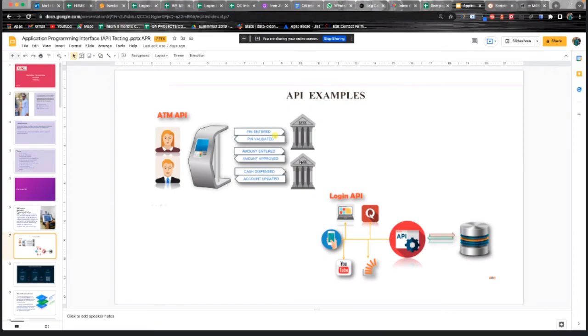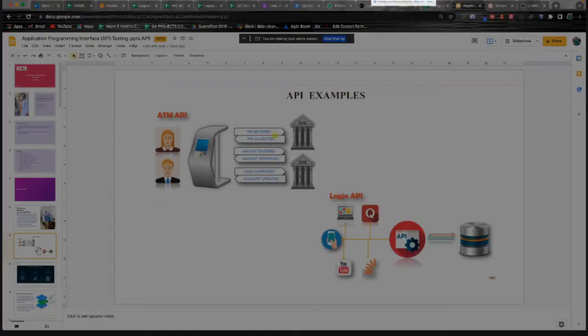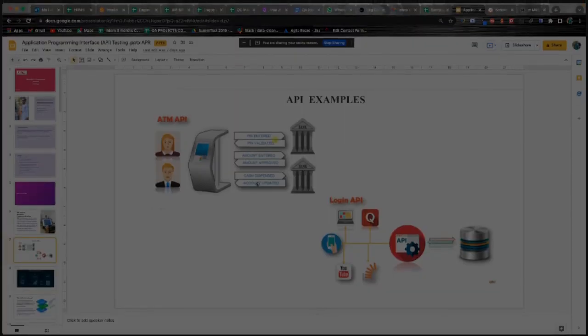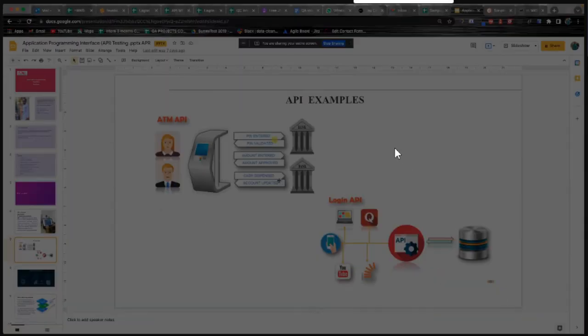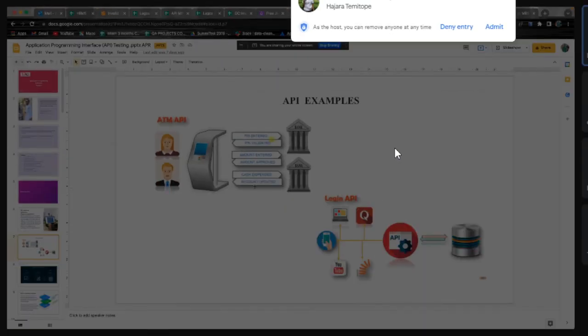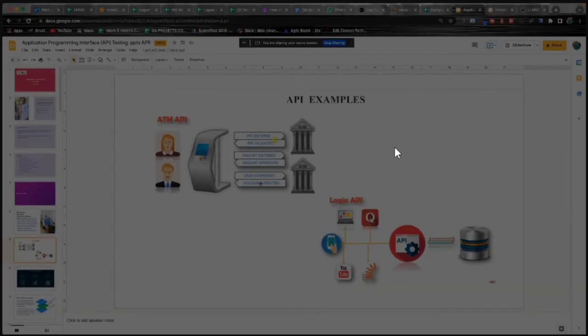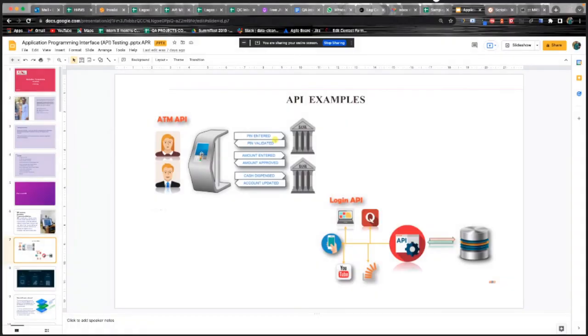The bank automatically updates after the transaction. Maybe I perform a 10,000 naira withdrawal and I have 20,000 in my bank account. The bank updates my balance to 10,000, me having 10,000 balance. That is how you see your account updated, so you see how much balance you have in your bank account. So another example